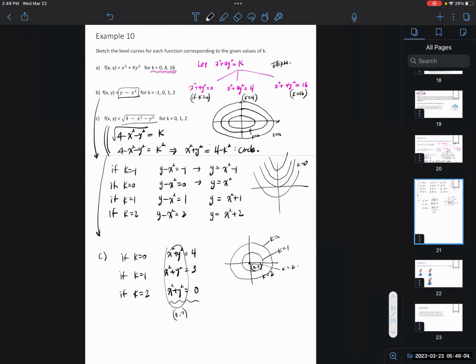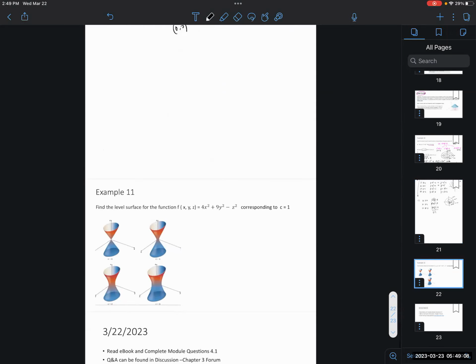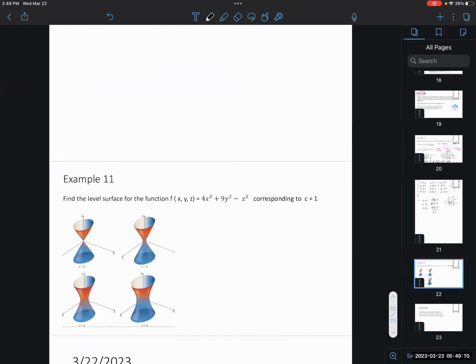So that's all about level curves. And then you can try one more example yourself and choose the image that is correct. Okay. So think about